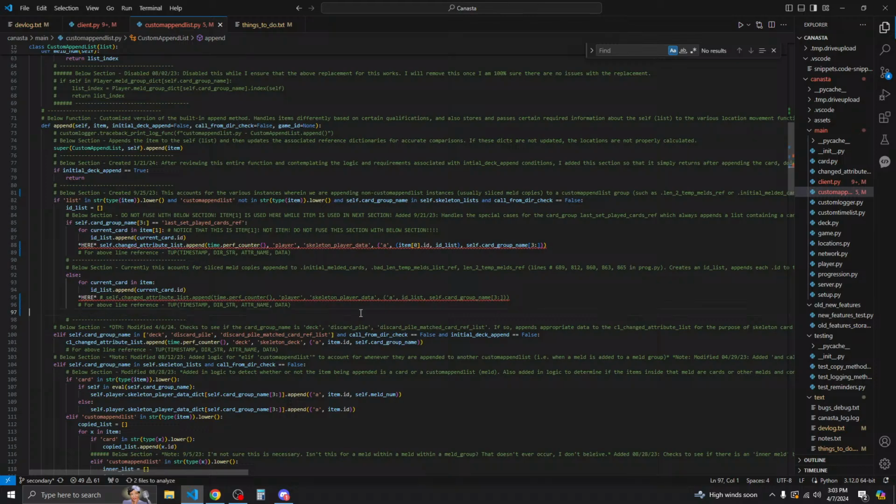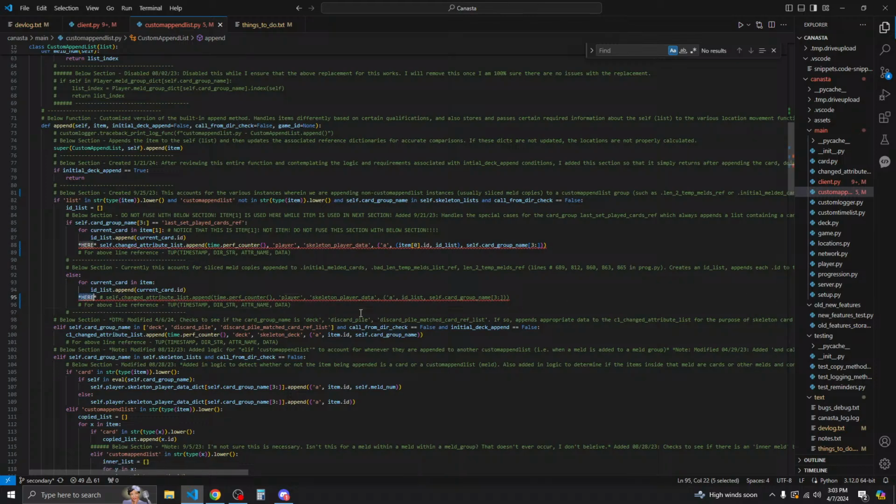Alright, that looks good to me. Yep, timestamp, dir string, pattern name, and then the data, which consists of a tuple, an ID list, self card group name. Alright, now I think it's good to continue like this.